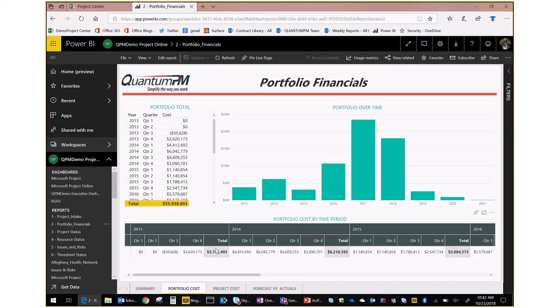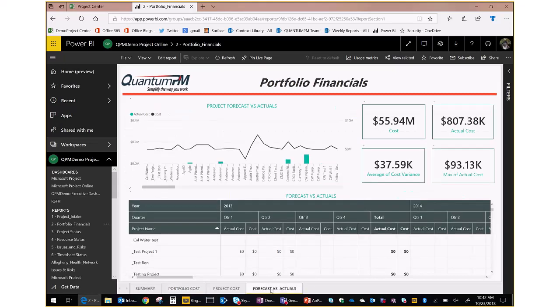Here you can see just data over time, how that portfolio of data is working. So different ways to look at things within the system. And pretty much anything that you can imagine, you can create a method for coming up with that data and putting it together. So that's the essence of what we wanted to talk about today.